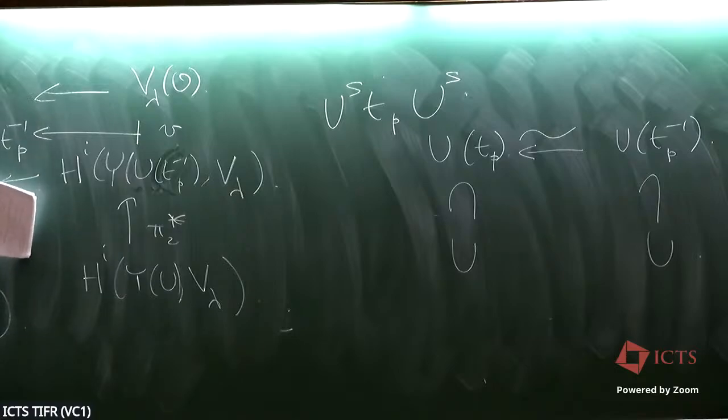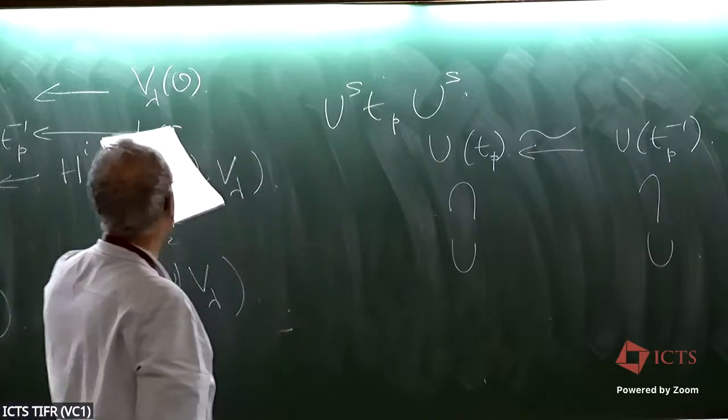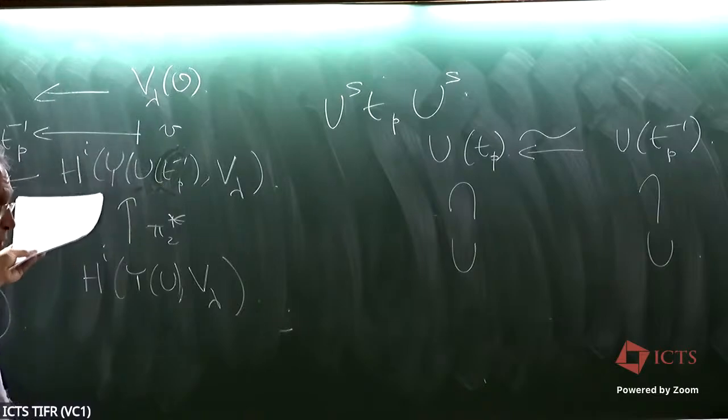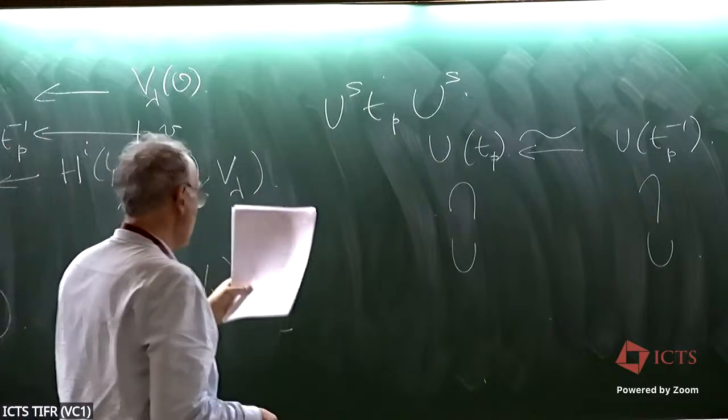And why does this make sense? Because this right action, by definition, is the left action of the inverse. So this makes sense, because you can multiply an integral matrix by an integral vector and you get an integral vector. That's the point. And so you have this action, and now what you do is notice that V_lambda(O) can be decomposed into so-called weight spaces.